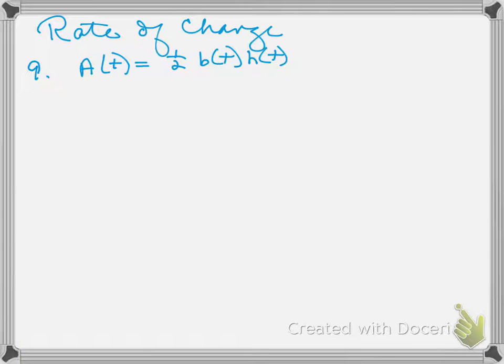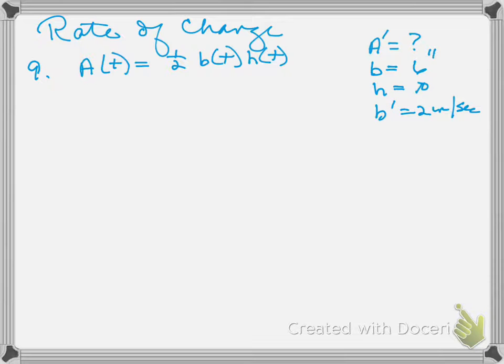So they want to know what is A prime, given that the base of the triangle is 6, the height of the triangle is 10, the rate of change of the base, B prime, is 2 inches per second,